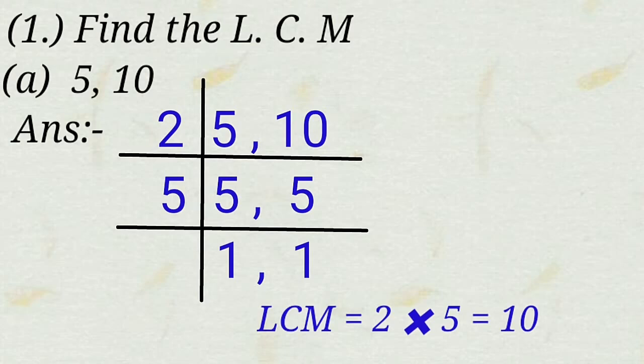So, here this is called common division method. So, you can see 5 and 10 is divisible by 2. The lowest table is 2. So, it is divisible by 2. 5 does not come in table of 2, that's why we will write 5 as it is, and 10 comes at 5th place, gives 5. So next, now we have 5 and 5. This is divisible by 5, so it gives us 1 and 1 at the bottom. So LCM is equal to 2 into 5 is equal to 10 answer.